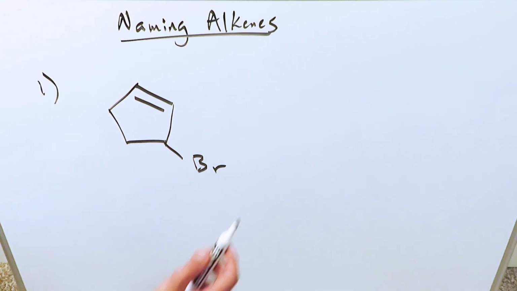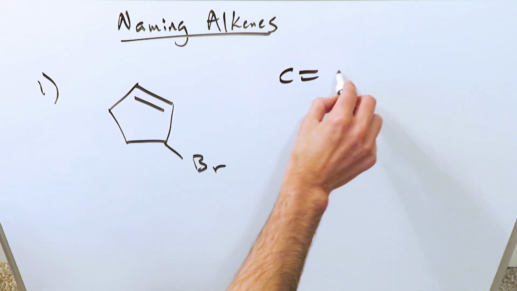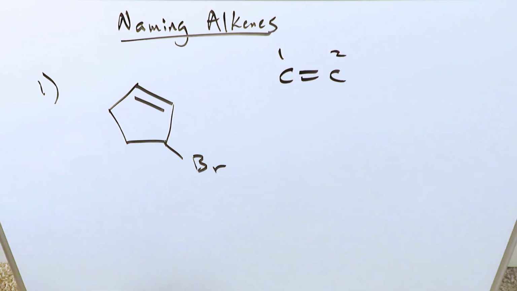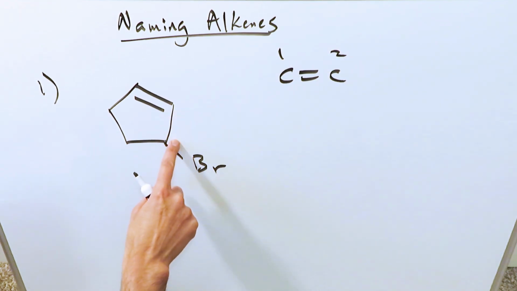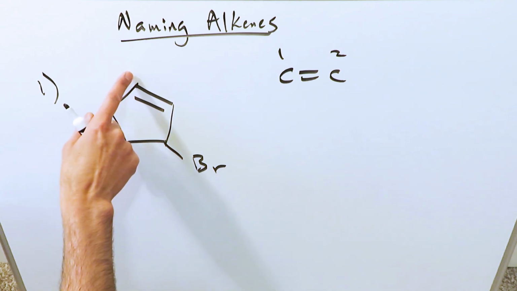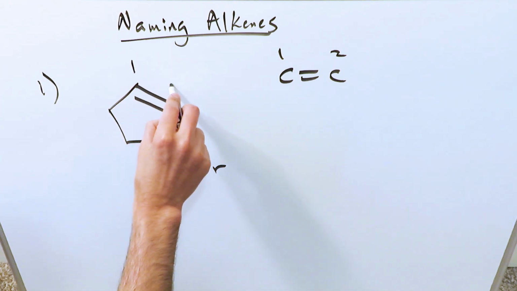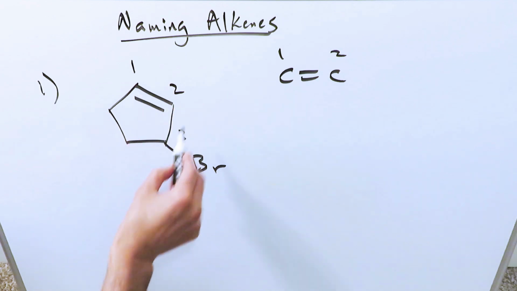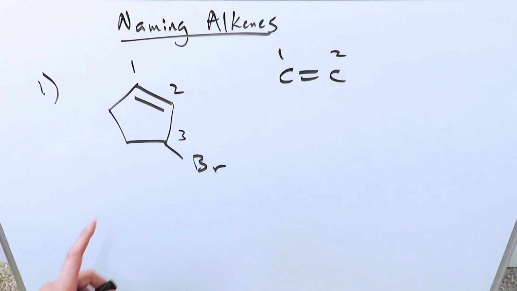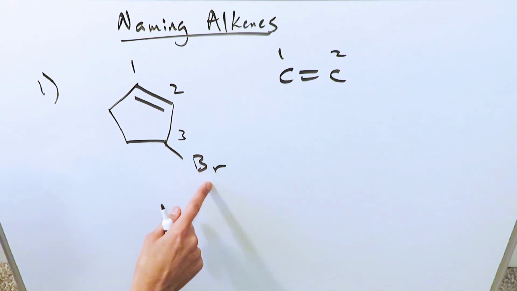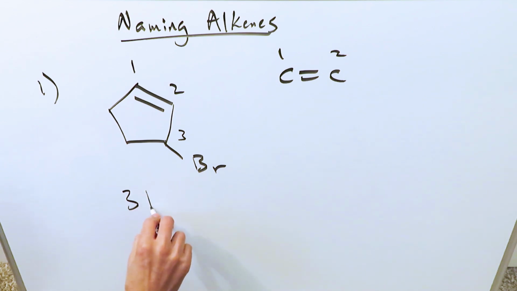You always want to remember this. When you are looking at a carbon-carbon double bond, an alkene, they have to be numbered with the lowest possible digits. So you're not going to say that this is 1 and then this is 2, because then this right here is going to get a large number. You'll start here with 1, 2, and then you'll go 3 in this direction. So when you're looking at this, you have here a bromine on carbon 3, so you will be calling it